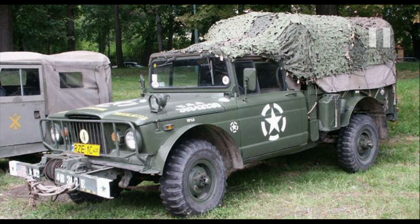So this one here is called a Jeep Kaiser M715. It's introduced in the mid-'60s, and it replaced the M37. The M715 is a hauler with increased mobility and load capacity, despite its initial modest reception by the military in the beginning. Over the years, it kind of grew on everybody, and for those interested, the M715 is available for approximately $8,000, but you're probably going to get it in a condition that you're going to have to rebuild it. So some of these things, in fact, most of them, you can get pretty cheap, but you're going to